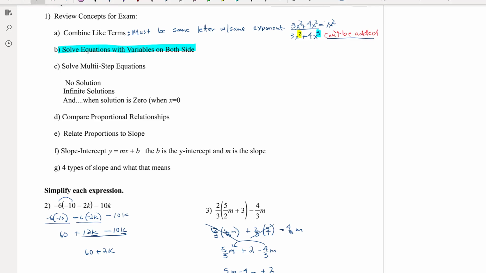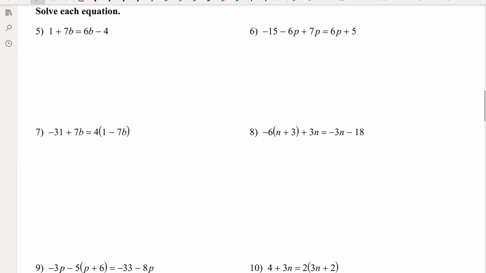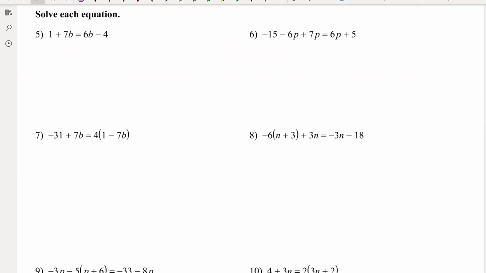Okay, the next area we're going to tackle for the review: solve equations with variables on both sides and multi-step equations. So let's jump down here. And remember, we're also going to talk about the special cases. Okay, so when you're solving equations with variables on both sides, my tip is